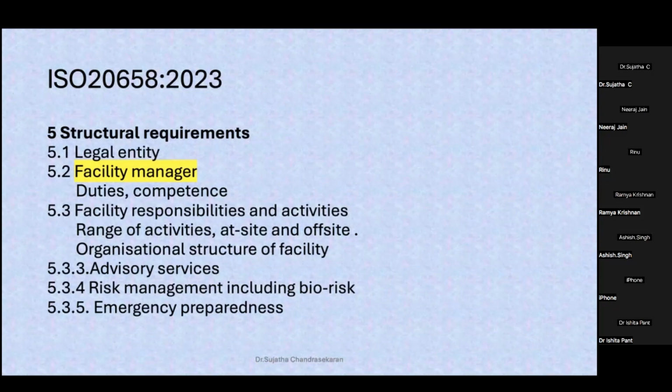Advisory services also have to be taken care of by the pre-examination facility. And then risk management is another area, in terms of the general risk, safety risks, and include biorisk. There is a document from WHO on biorisk assessment, which was released subsequent to COVID, on how to perform biorisk assessment in a laboratory,